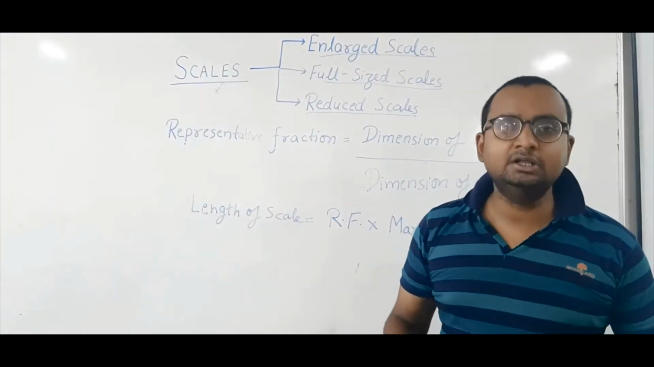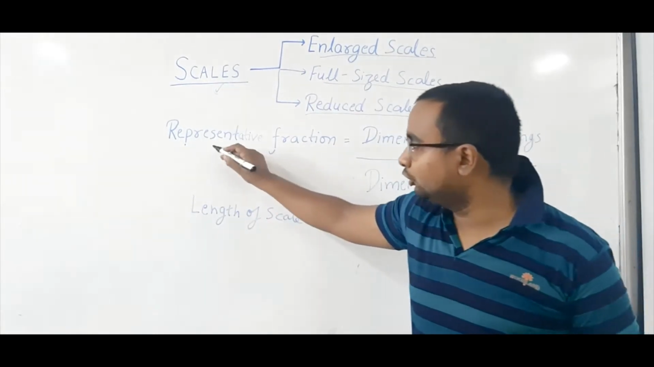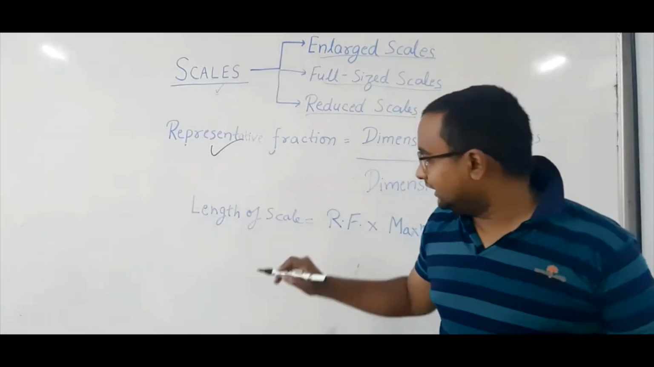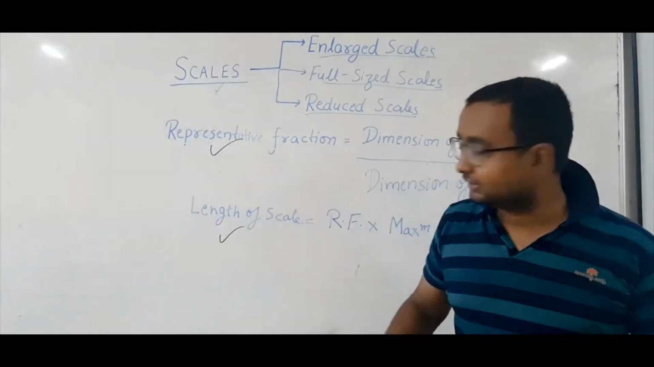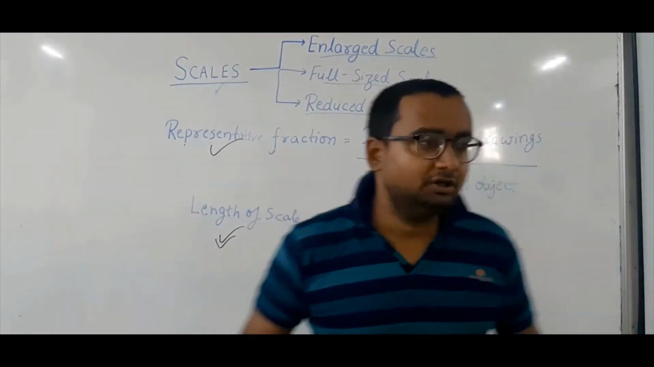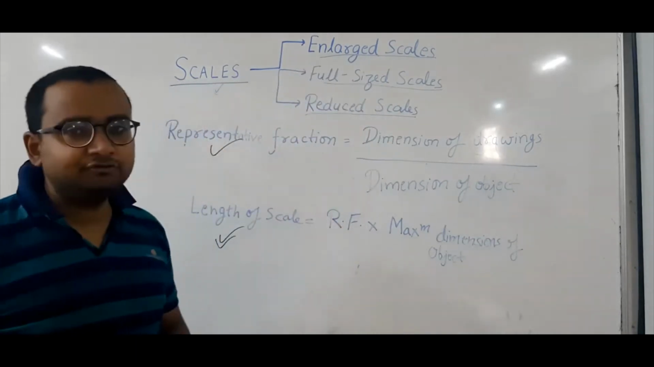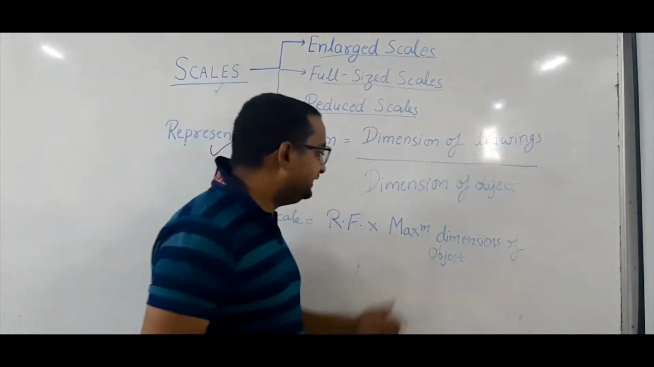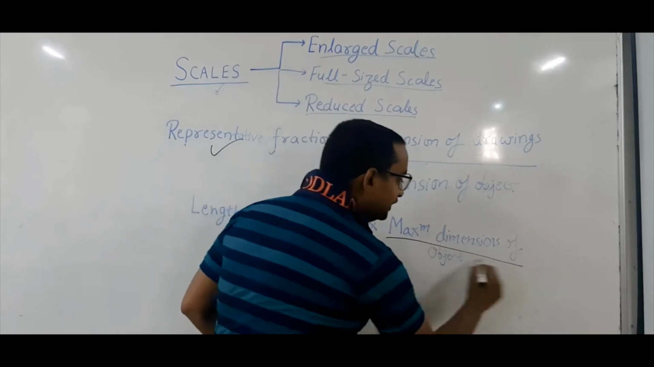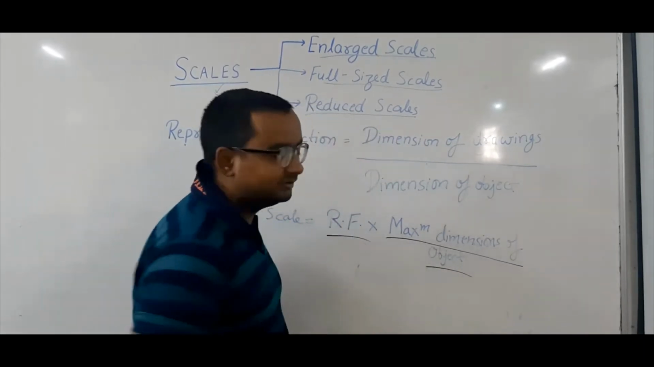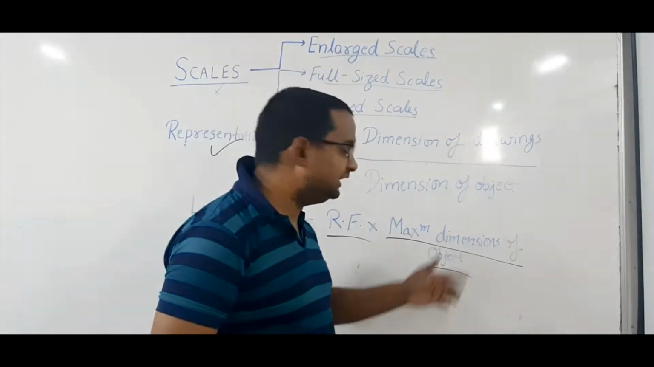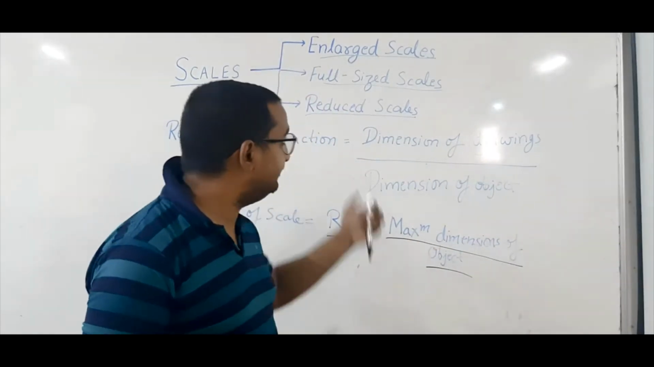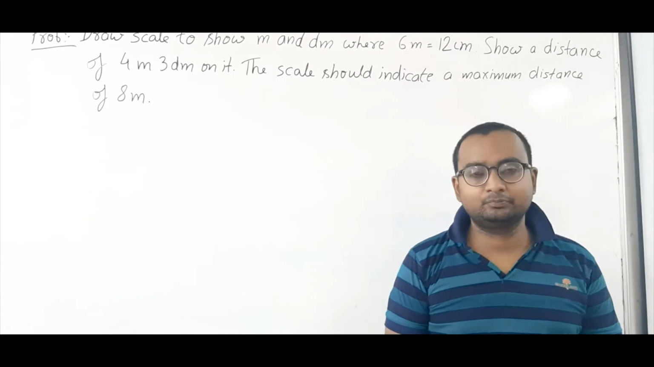While drawing the problems of scale, we need to know the representative fraction and the length of scale. I explained representative fraction. Now the length of scale. To determine the length of scale, we need to multiply the maximum dimension of the object with RF. The maximum dimension of the object is normally given in the problem. So now I will explain